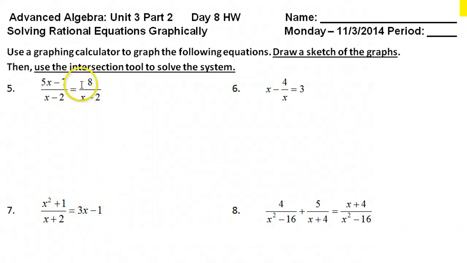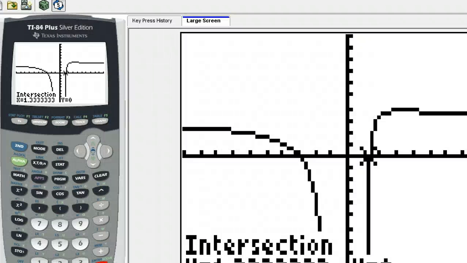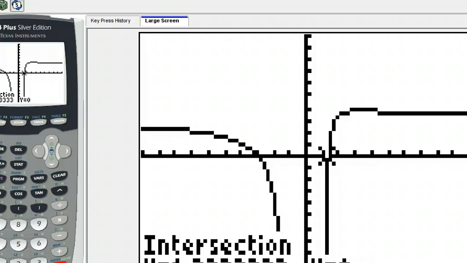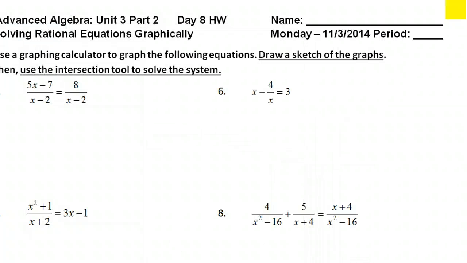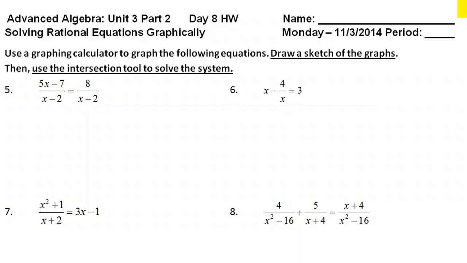Alright, this is part 2 of a lesson about solving rational equations graphically. In part 1, we used a TI-84 Plus Silver Edition to solve these types of rational equations. But in this part, we're going to do something a little different, and we are going to use a website called